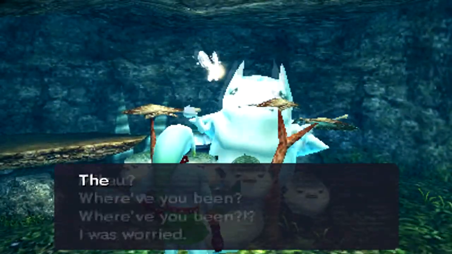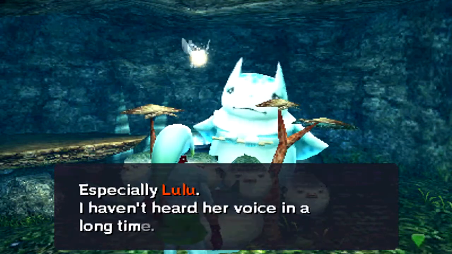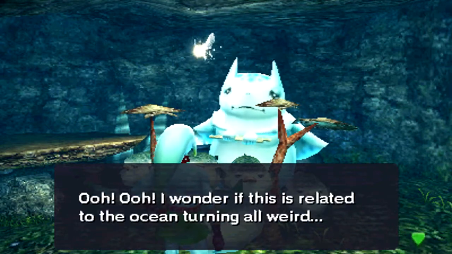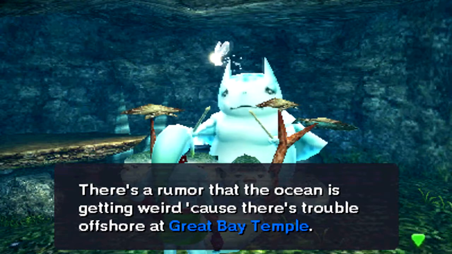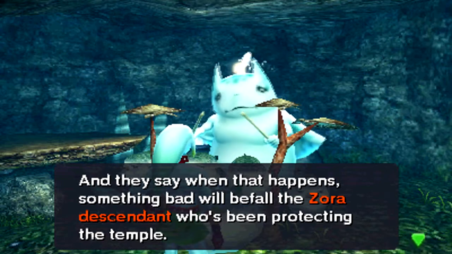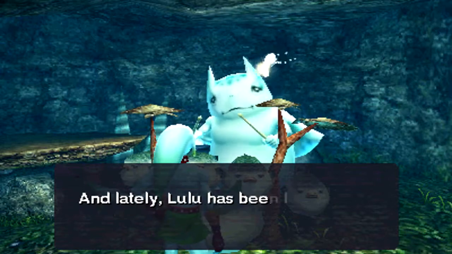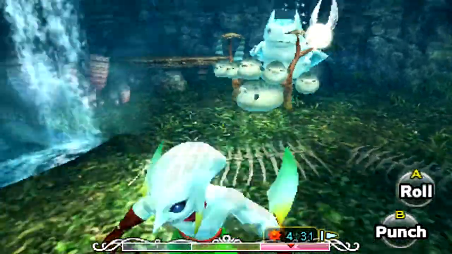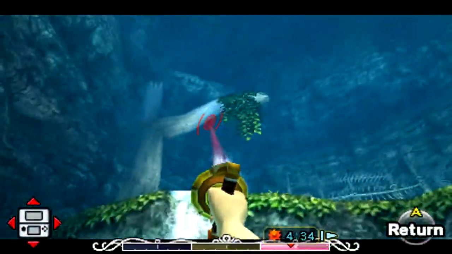Mikau, where you been? Where you been? I was worried. The concert in town is coming up, but it seems like all the band members are in a funk. I bet you didn't know that, huh? Especially Lulu. I haven't heard her voice in a long time. She's usually in good spirits, too. I wonder if this is related to the ocean turning all weird. Actually, I know a little bit of Lulu's secret. Okay, what is it? There's a rumor that the ocean is getting weird because there's trouble offshore at the Great Bay Temple. And they say when that happens, something bad will befall a Zora descendant who's been protecting the temple. Do you catch my drift? And lately Lulu's been looking kind of weird. Maybe Lulu's the...